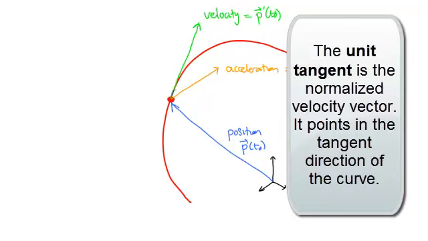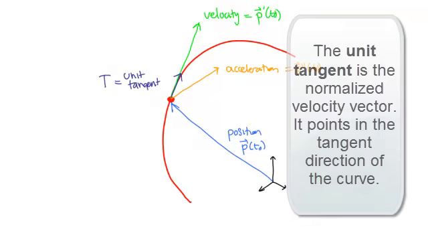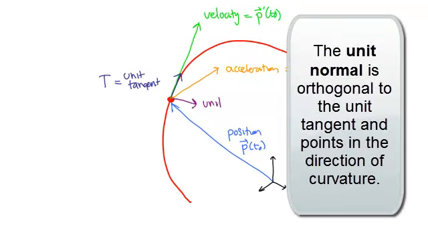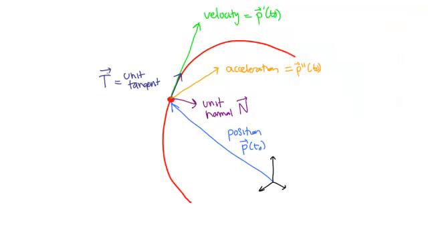There is a unit tangent, who we called T, and that was nothing more than the velocity vector normalized. We also have a unit normal N, and between the unit normal vector and the unit tangent vector, we can find the parallel and orthogonal components of acceleration. And now we've just seen this, that if we want to connect from this point here to this point here,